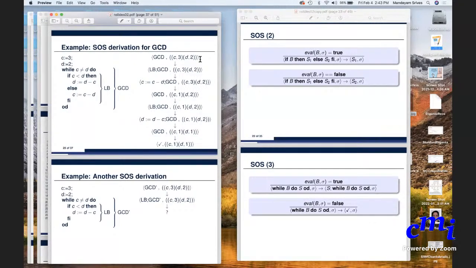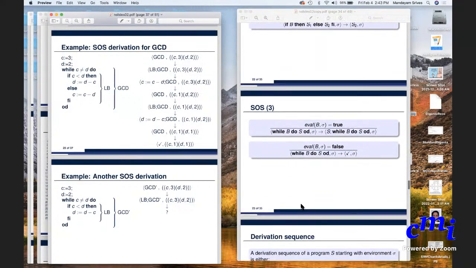I think the first one on the second page. The second page. Okay, SOS 3. Yeah, because the condition evaluates to true. C is not equal to D. Therefore, the precondition, the assumption for the first rule